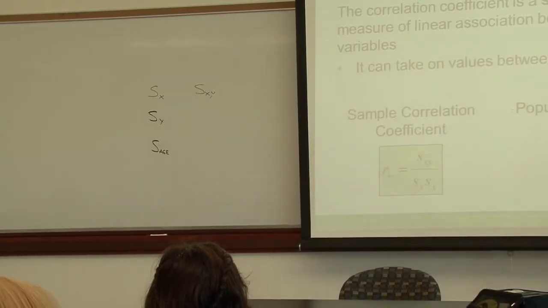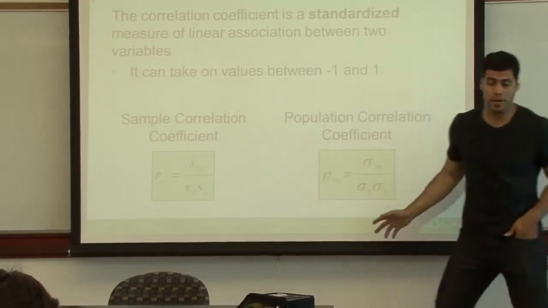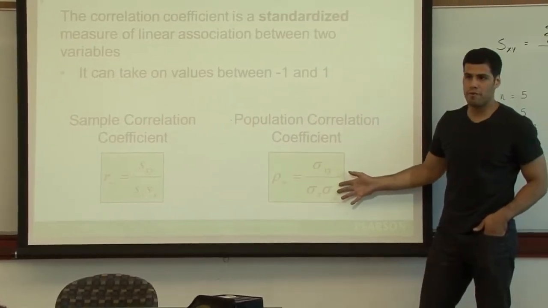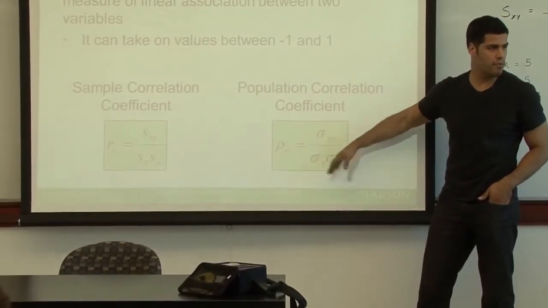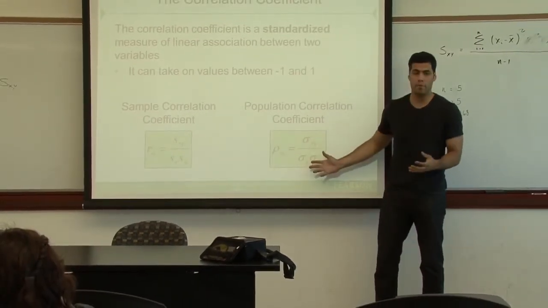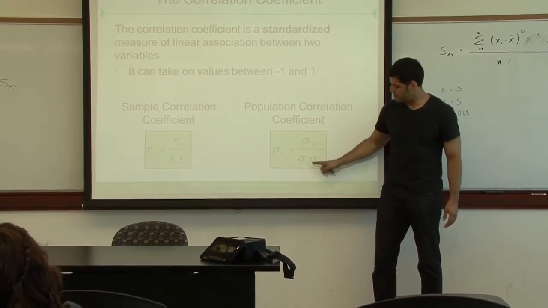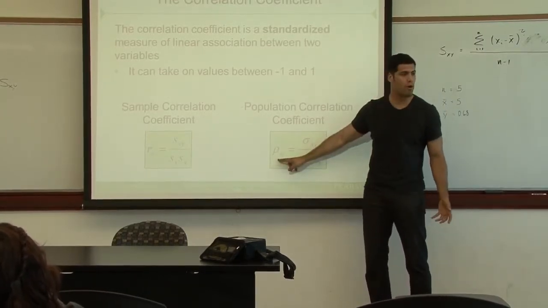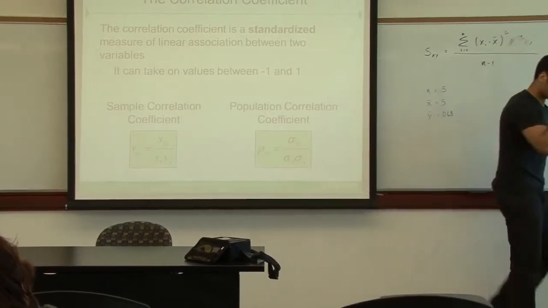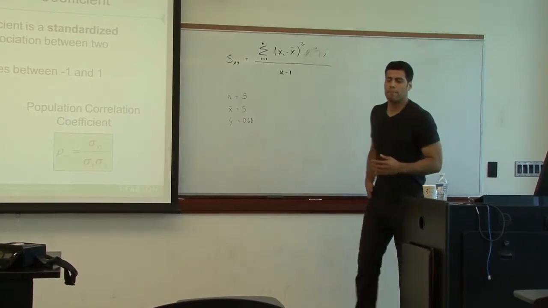Now for the correlation coefficient, the label is R, R, X, Y. If you're looking at the population correlation coefficient, just change the labels, nothing different. The formula is identical except for the notation changes. Instead, we have Greek letters here. So we have sigma xy, sigma x, sigma y, and here we have rho, the Greek letter rho, xy. Okay? Now, let's talk about this,